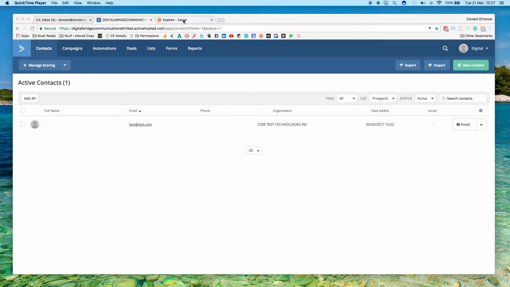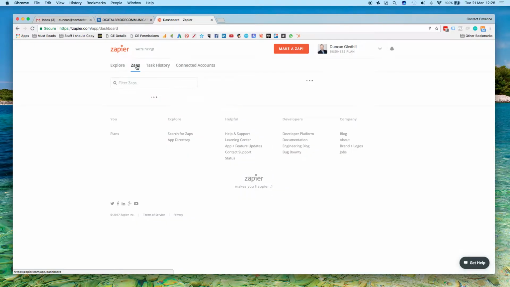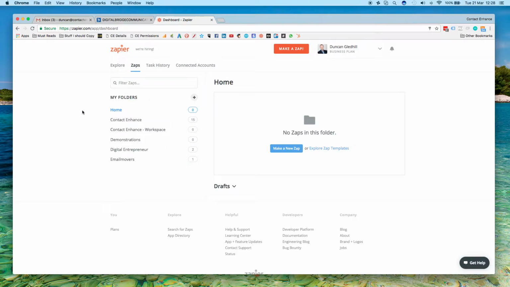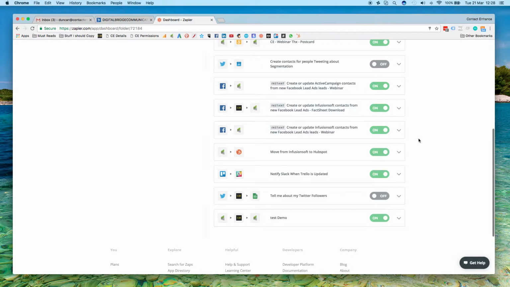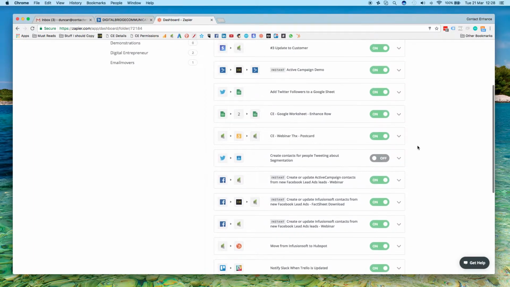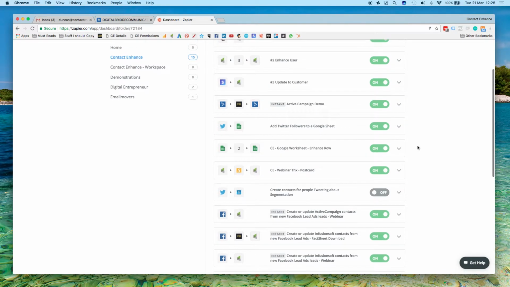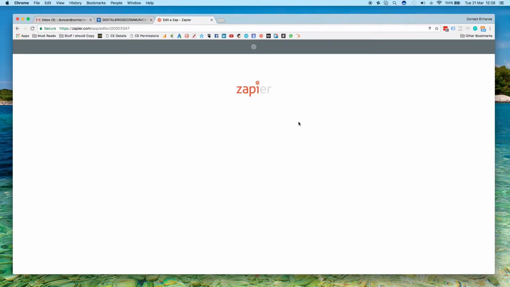What I've also done is I have created in Zapier a Zap which is running instantly when a contact comes into ActiveCampaign. So you'll see here that I've got somewhere down here the Zap that I created a moment ago, if I can find it. There we go, and it's an instant one. So normally on Zapier I have to wait 5 minutes, but on this one it's instant. So if we have a little look at how I've created this,